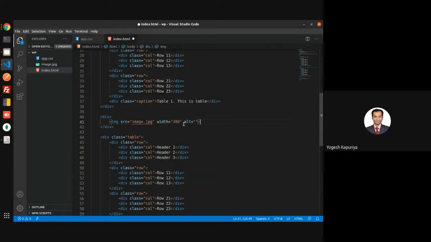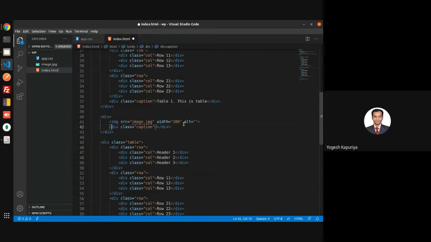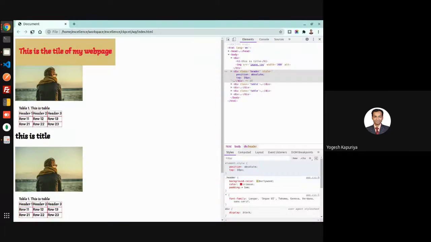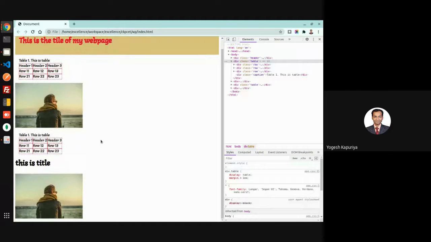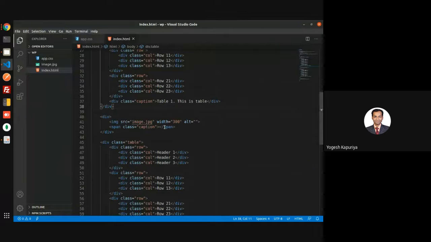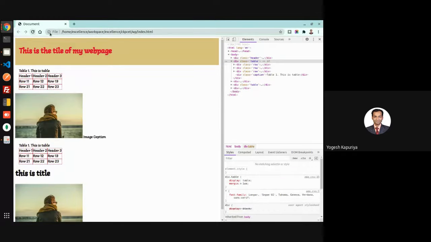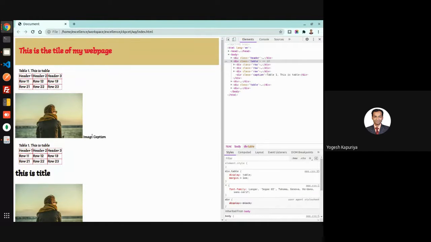Let's say span. Now if you see this, you are getting this image caption just after your image finishes, and then you are getting this caption.